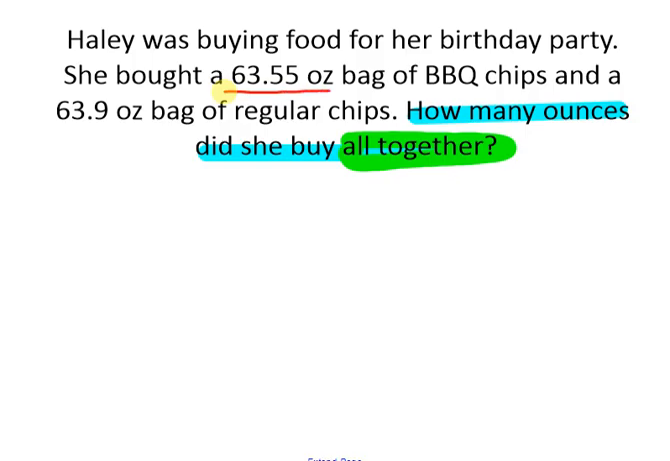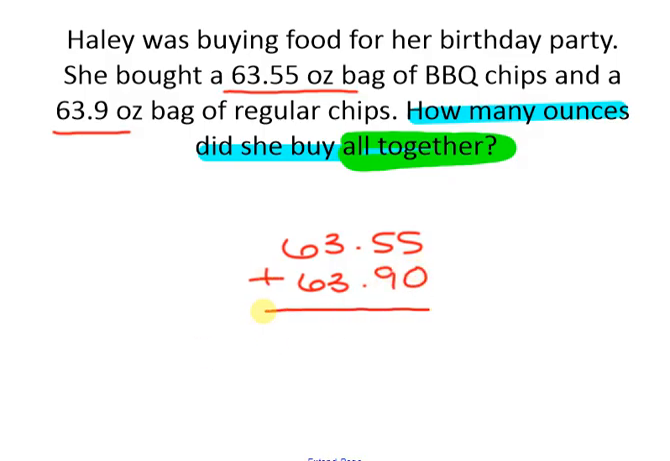So I have 63.55 plus 63.9. Now I'm going to add a 0 at the end as a placeholder. Make sure my decimal points are lined up. 5 plus 0 is 5. 5 plus 9 is 14, and I'm going to carry the 1. Bring down my decimal point nice and thick so it doesn't get lost. 3 plus 3 is 6, plus 1 is 7, and 6 plus 6 is 12. So my final answer is